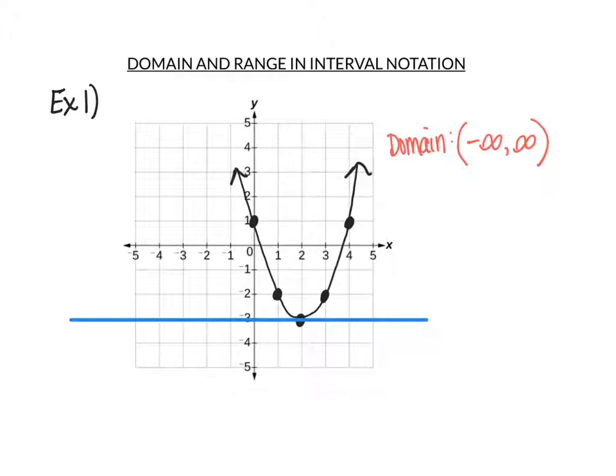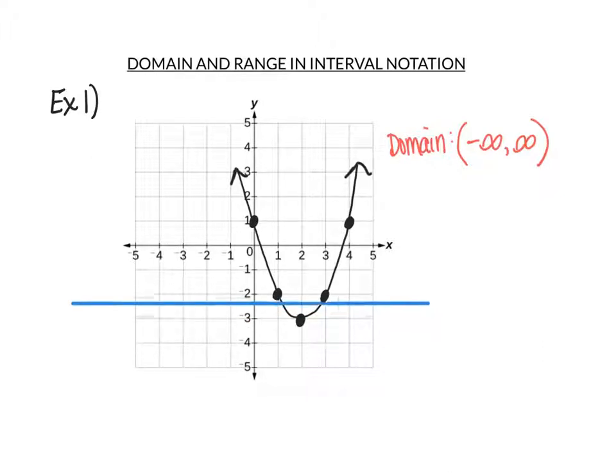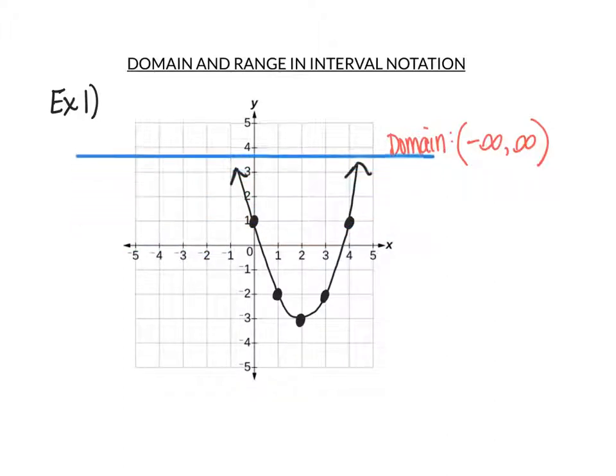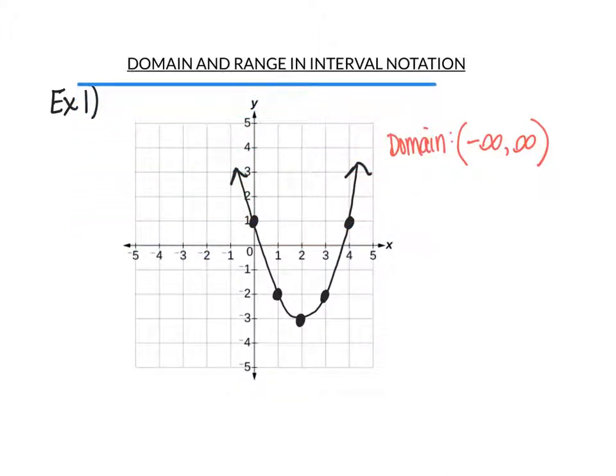So let's continue to drag our horizontal line up and see where it's going to continue to touch. So we're going to see that it does continue to touch here, here, here, and here. And even as we go beyond what seems to be touching our parabola, remember that we mentioned before that these arrows imply that our graph will continue up. And if we were to draw that in, it does seem that even up here, our parabola does touch this line. So what we're noticing is that our range is all y values that are greater than or equal to